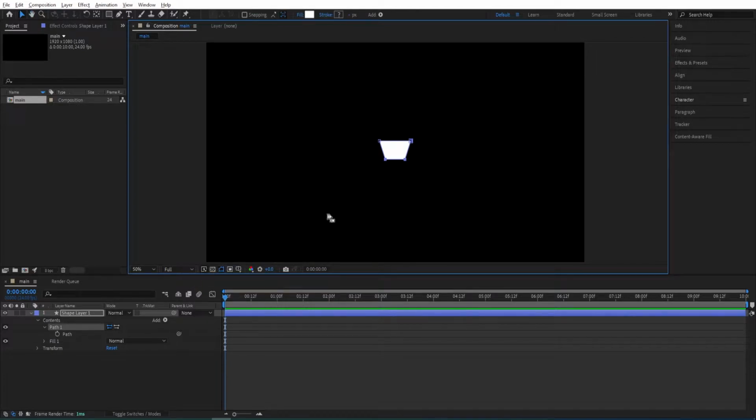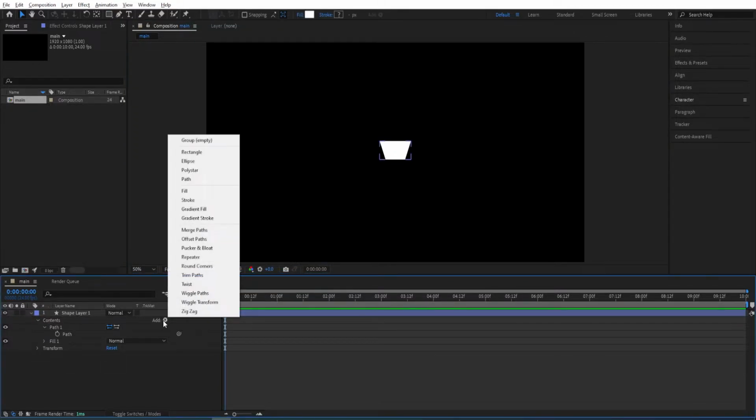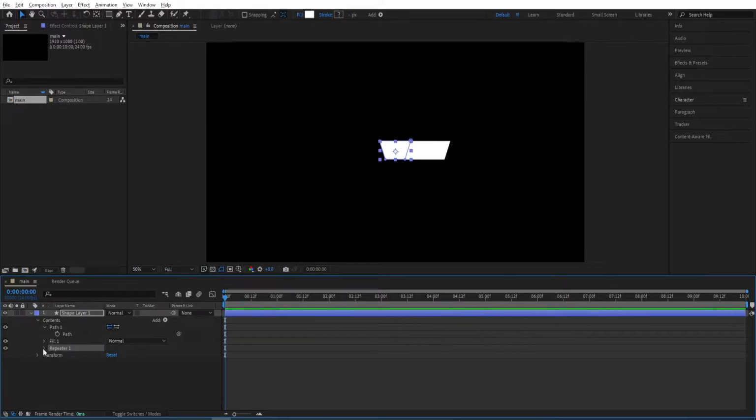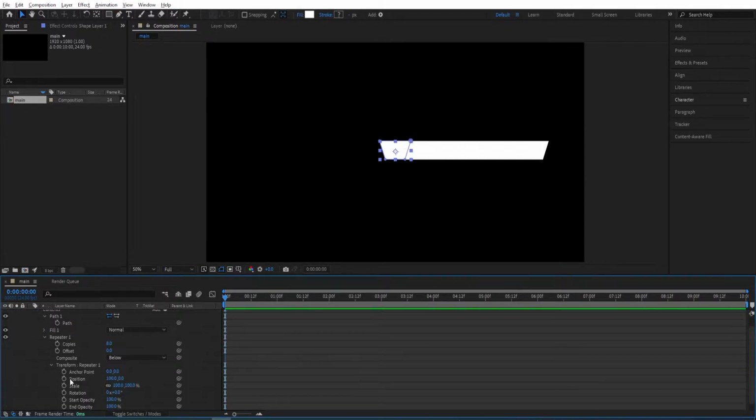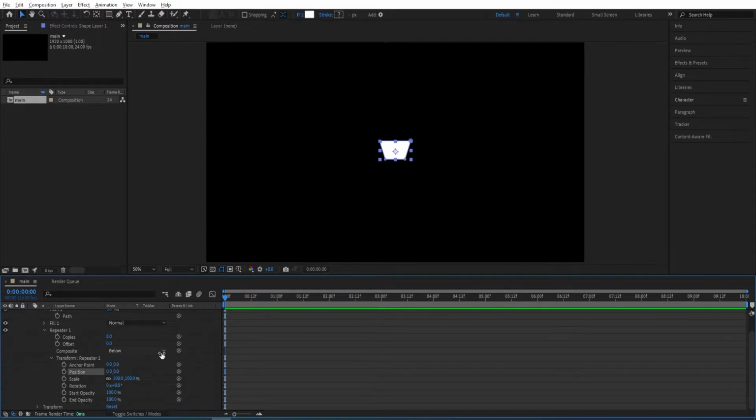And now we want to go to add and then select repeater. So open the settings for repeater and then change copies to 8, and then open transform repeater 1 and change position to 0 so it's in the center. Now we can change rotation to 45,